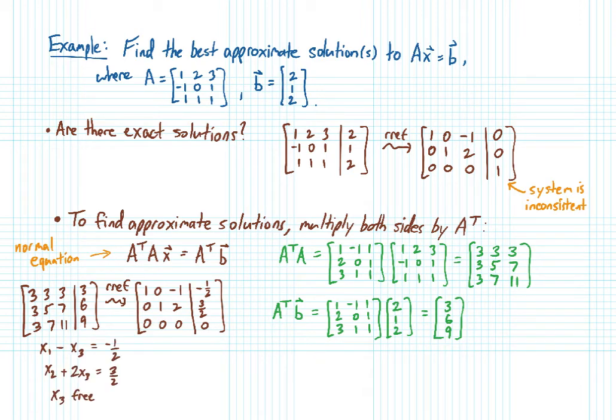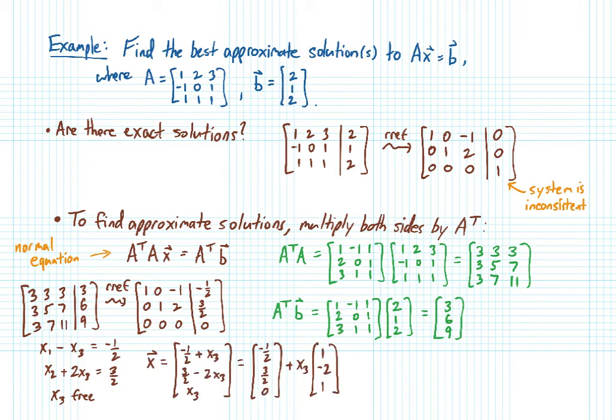In this case, x3 is a free variable, and you can solve for x1 and x2 in terms of x3. And so then you can write out the solution as a vector, and what we get is the answer to the question. These are the best approximate solutions to Ax = b. And it's worth pointing out that even in this situation where we're looking for approximate solutions, the answer appears in the form particular plus homogeneous, where that homogeneous part is actually the solution to Ax = 0,